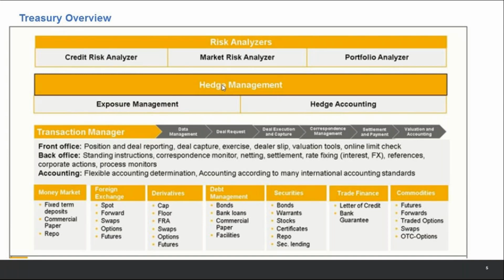What does correspondence monitor mean is, now we are doing deals, trades with the counterparty. There is also a need at times to send the confirmation, or there is a way we can get the confirmation from the counterparty if the deal can be done. So basically, it can be in PDF or it can be in the long form. Somehow, when we create a deal, that PDF goes to the counterparty.